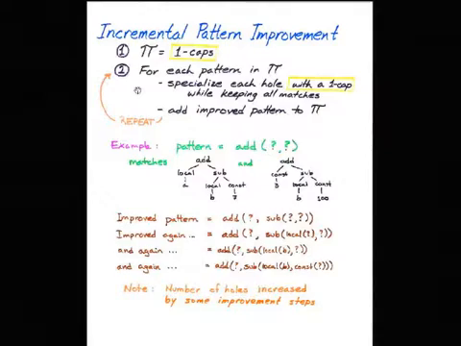So this is called incremental pattern improvement. Incremental pattern improvement is kind of what the name suggests. What we were doing before is we were taking decaps and we were plugging in the biggest pattern that we could find that would match all occurrences. That's when we were doing pattern improvement. We were choosing the biggest pattern that would fit all of the places. This is saying just grow the pattern by one